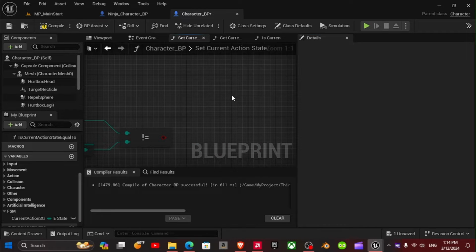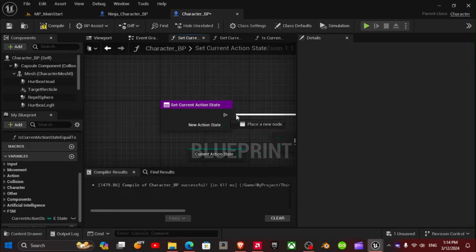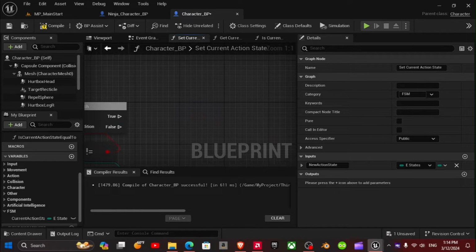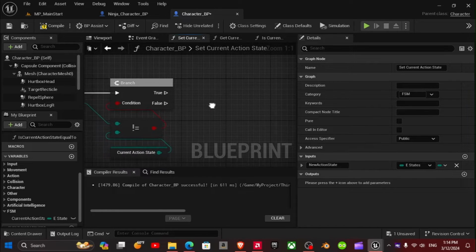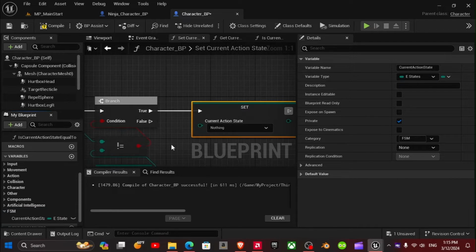I'm going to hold the B key and bring out a branch. I'm going to bring this node out and put it on the true pin of this branch.